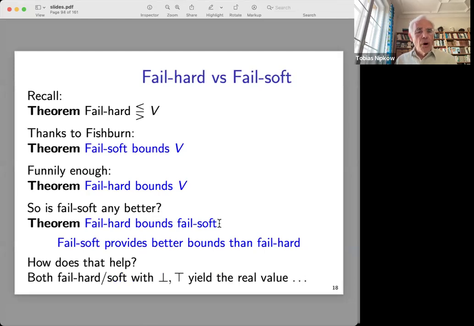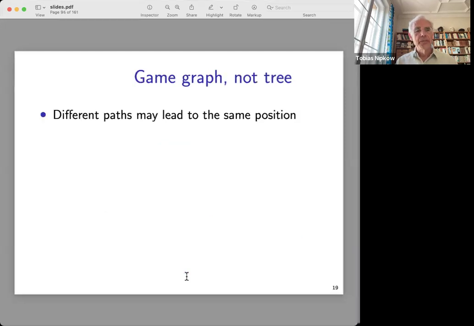After all, both of them, fail hard and fail soft, yield the real tree value if you call them with the full interval. So why are we worried about what happens if you're looking at parts of the interval only? Well, Fishburne, who came up with this idea, says, well, I'm not quite sure, but here are some ideas that could work. And the ideas are based on this